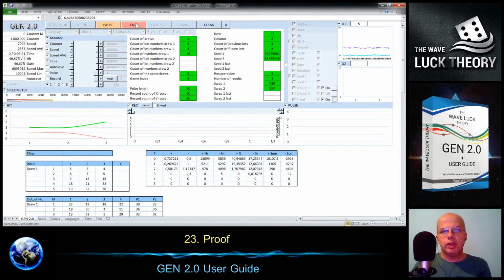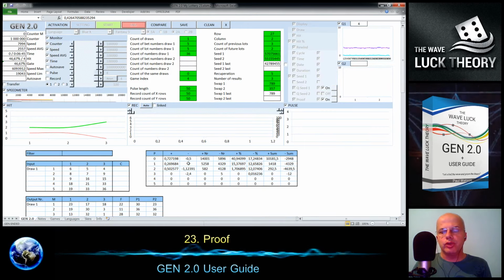So when I ended up, you see we got the last values during the generation.